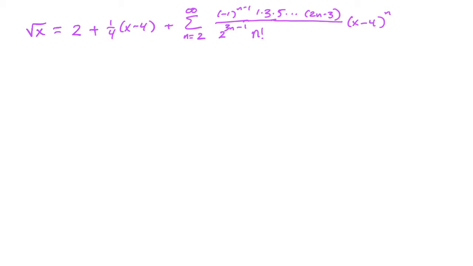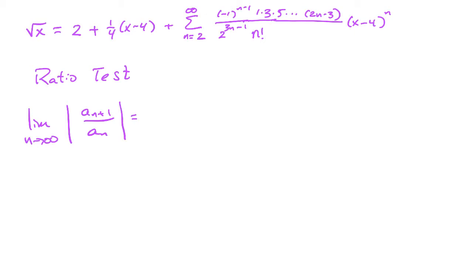Now the implication for this, when we start talking about convergence, for what values will this series actually converge? For that, we look at the ratio test. So going back to the ratio test, we look at the limit as n goes off to infinity of the absolute value of a sub n plus 1 over a sub n. And so in this case, what it comes out to be